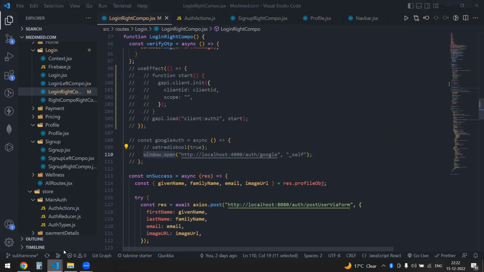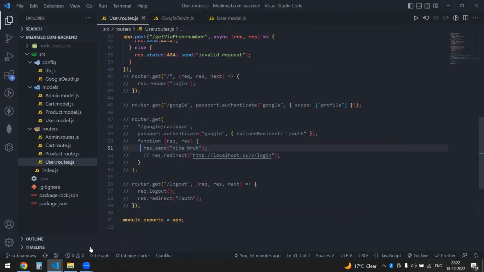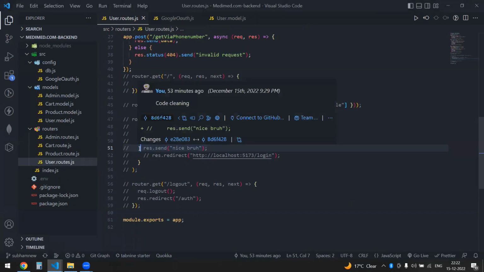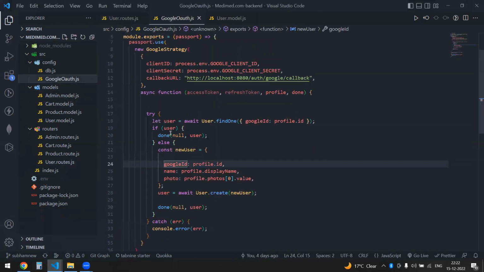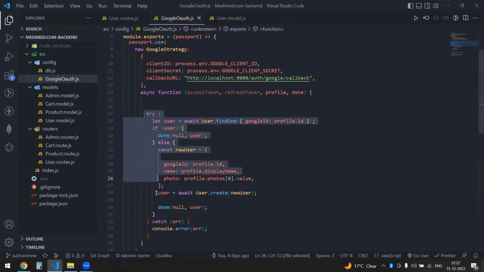It will be posted to your backend, I mean the database, but you won't get any response for this. It will be in your database, just like this one. It will be posted, but you won't get any response. That's the issue I have faced